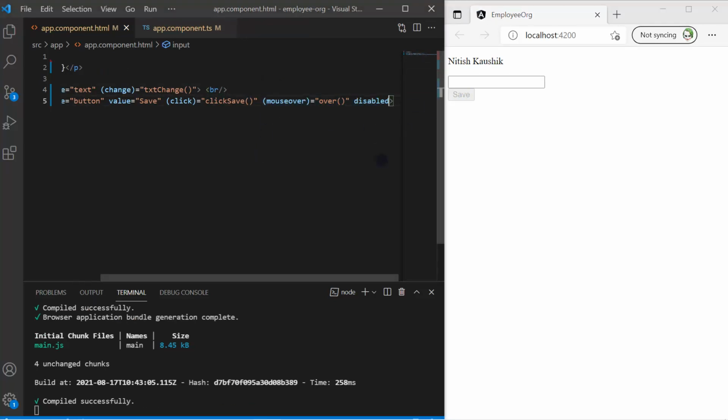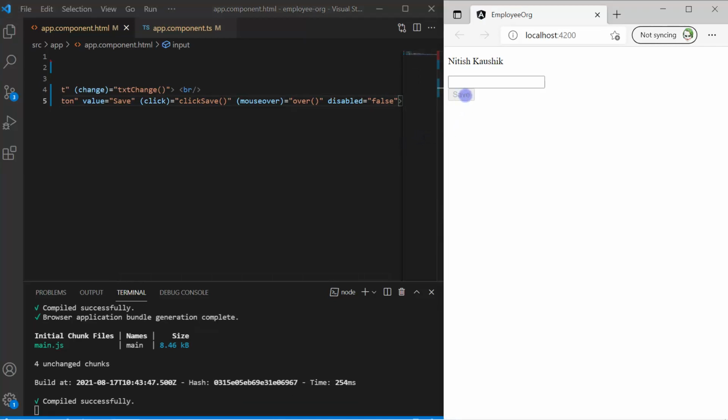Now I got a new requirement that I have to enable or disable this button based on some condition. So for that, if I write over here, let's say true, it means we are disabling this button, and in this scenario this button will be disabled. But if I pass false over here and save the changes, then still you can notice that this button is disabled. Ideally this should be enabled because here we are passing disabled equals false, but this button is still disabled and this functionality is not working.